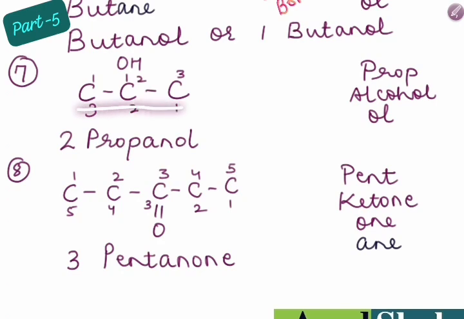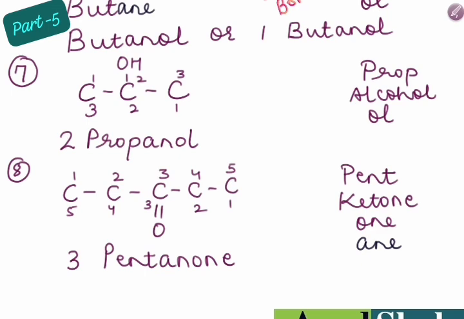Now how many carbon atoms are there? 3. So what is the root word? That is prop. And what is present over here? Single bond. So it will be propane. Keep all these things in mind, and keep on doing the homework until you get the final naming. Now next is the functional group attached, that is the hydroxyl group, that is OH. Now to which carbon atom is it attached? Now we have to know to which carbon atom the alcohol group is attached. So what is the basic rule to know about the attachment of the hydroxyl group to the carbon atom? That is the numbering game.